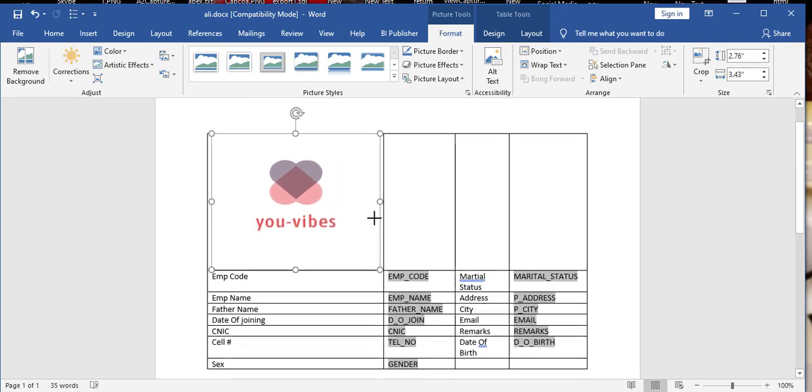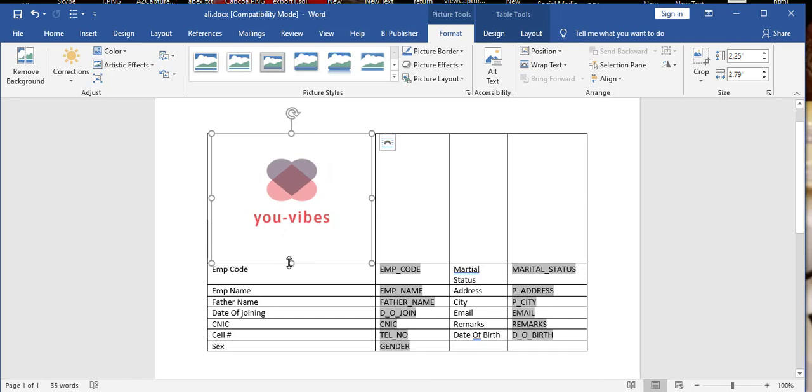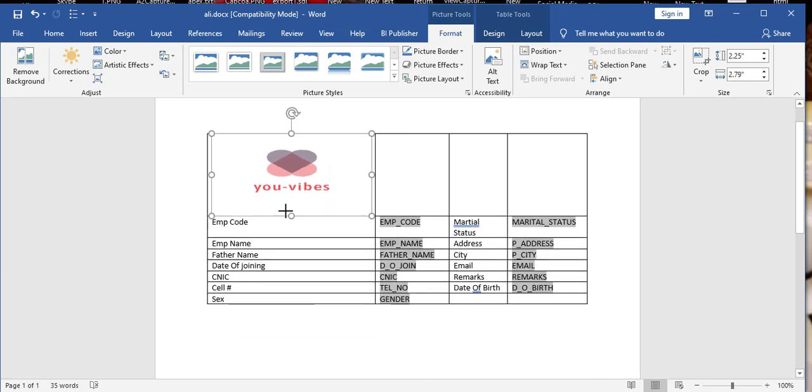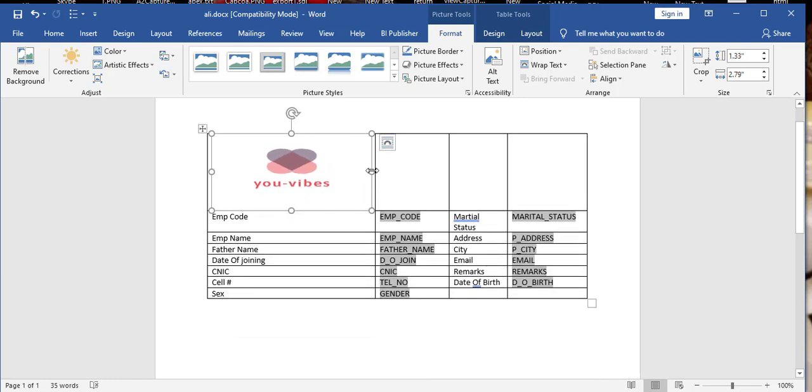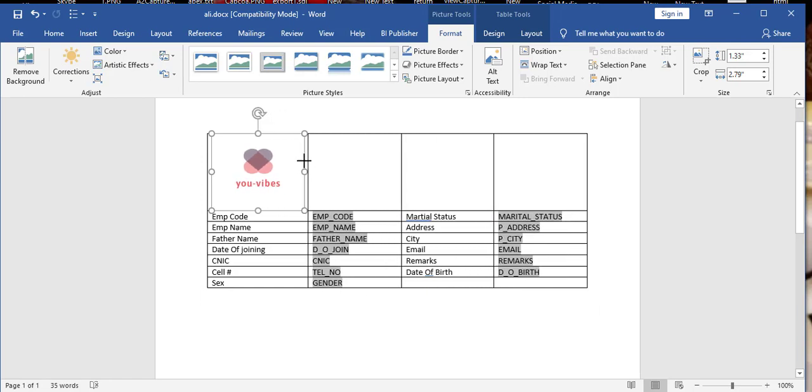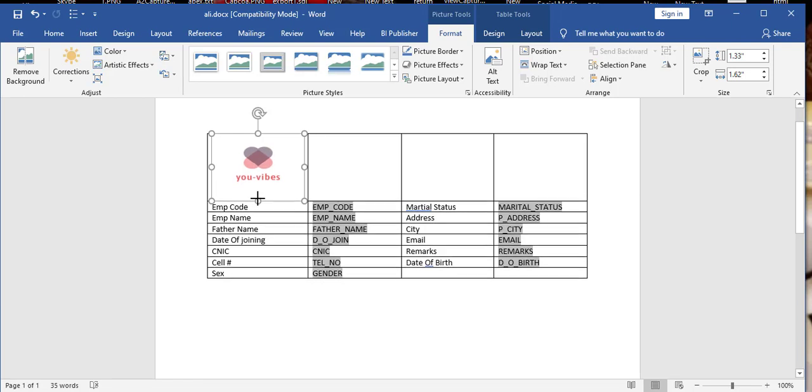You can customize your own beautiful invoice format. I'm just showing you a sample, a dummy template format. You can upload a template format, then assign fields.